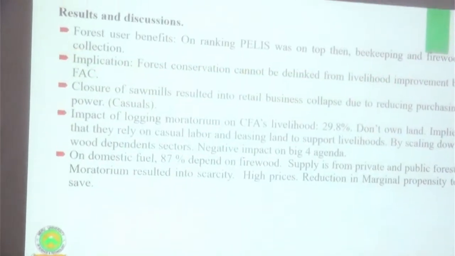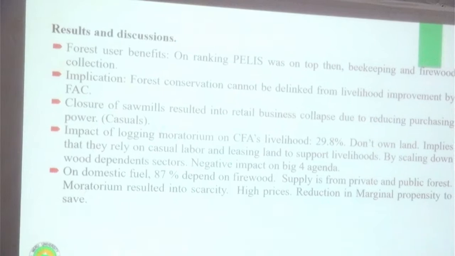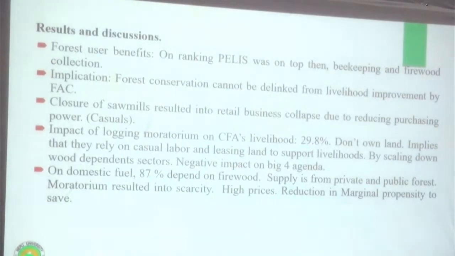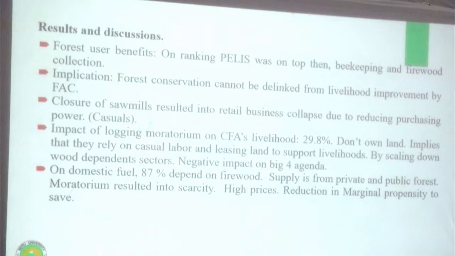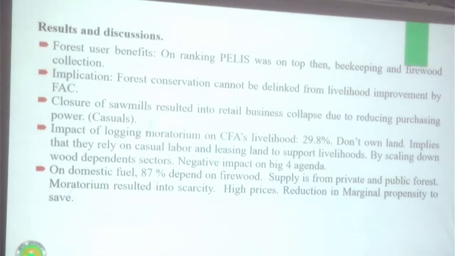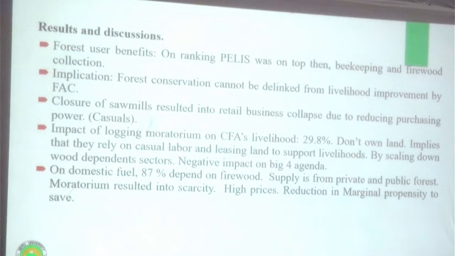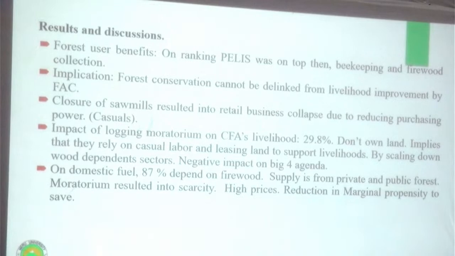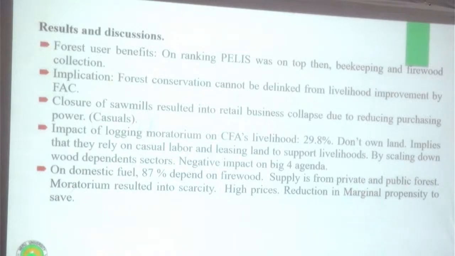Maybe I can go to discussion. On forest user benefit ranking, PELIS was top, then beekeeping, then livelihood collection. The implication is that forest conservation cannot be delinked from livelihood improvement by the CFAs. Then closure of sawmills resulted in retail business collapse due to reduced purchasing power. Then on the impact of the logging moratorium on CFA livelihoods, 29.8% don't own land, implying that they rely on casual labor and leasing land to support livelihoods. Scaling down independent sectors will have a negative impact on the Big Four agenda. And on domestic fuel,